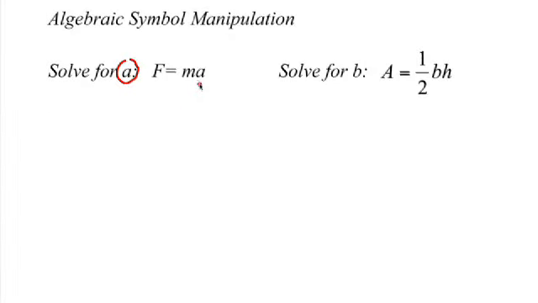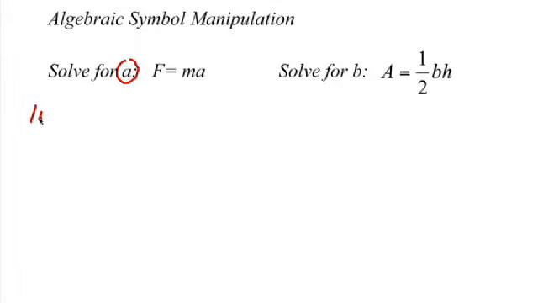Now, some students think, well, when I solve it, do I come out with just one term, an answer, a number? And actually, no, you're going to come up with an algebraic expression for A. So here's what you want to look at. First of all, if you're trying to get A by itself, you ask yourself, what is being done to my A? Well, M is being multiplied by A.